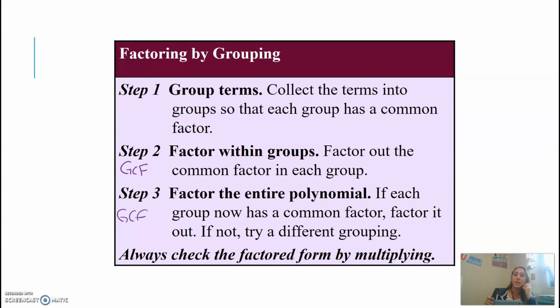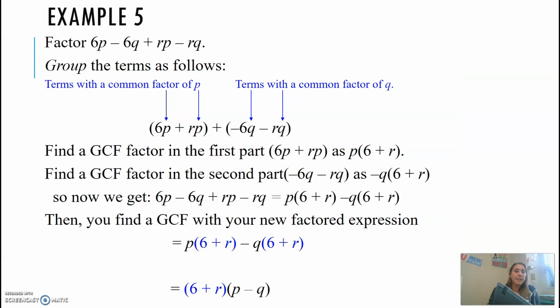You should always check the factored form by multiplying it out, and you should always check your answers to make sure they don't factor any further. So go ahead and hit pause and make sure you get this in your notes. Here's an example that we did in class, but I want to show you this new strategy. So we were able to rearrange the middle 2 terms because that doesn't change the problem in any way. So I rearranged those there, and I've grouped this with a common factor of p and a common factor of q. So if you find the greatest common factor between these two, 6p plus rp, I can